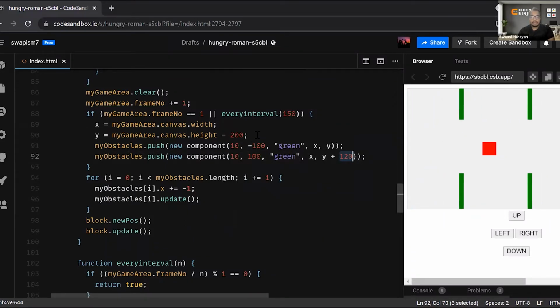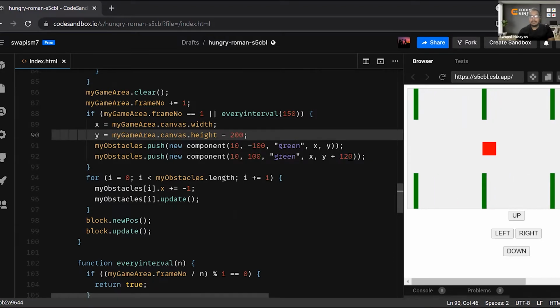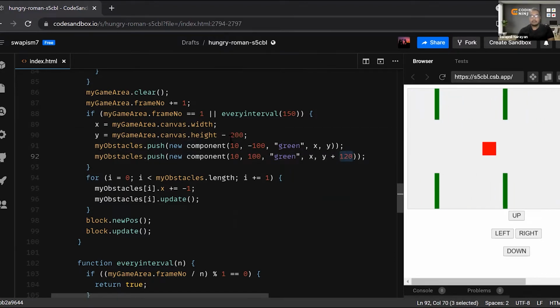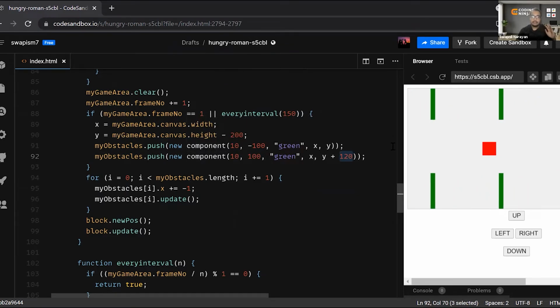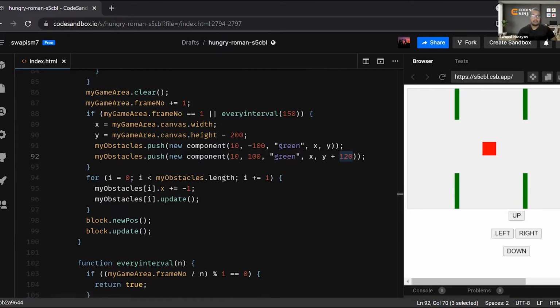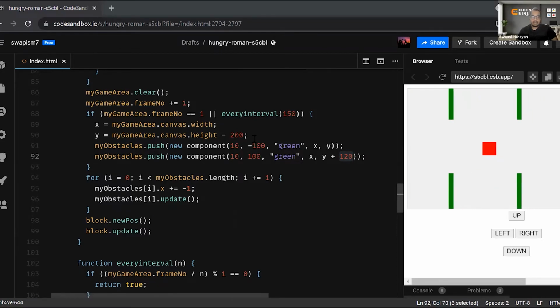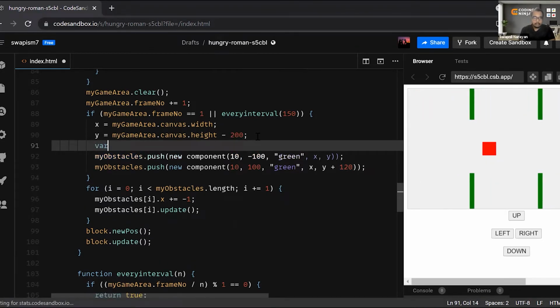You can make one more variable over here, var gap, and you can change the gap. If you want to make a random set of gaps, then you can use the randomized function for that. I'll show you how it is.